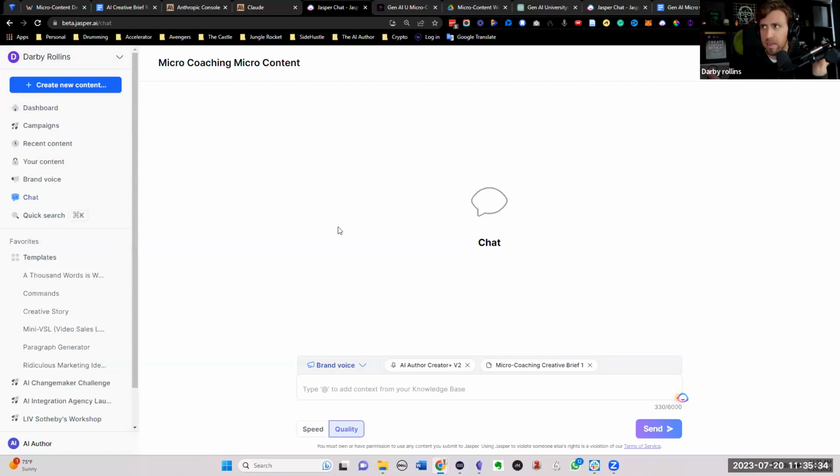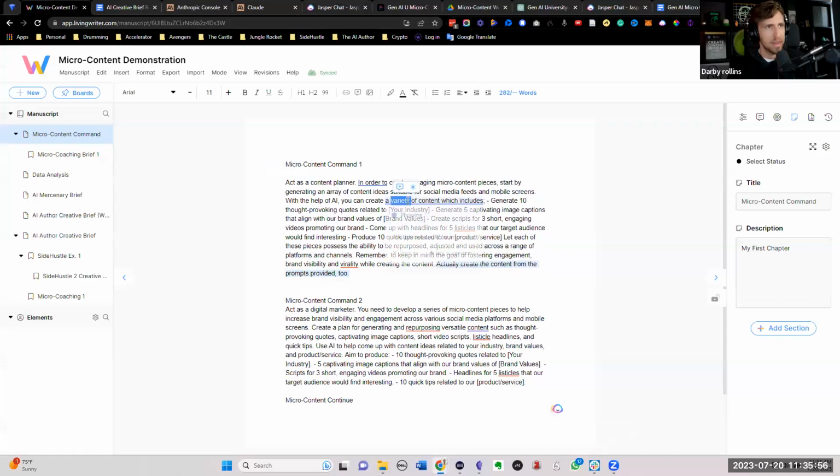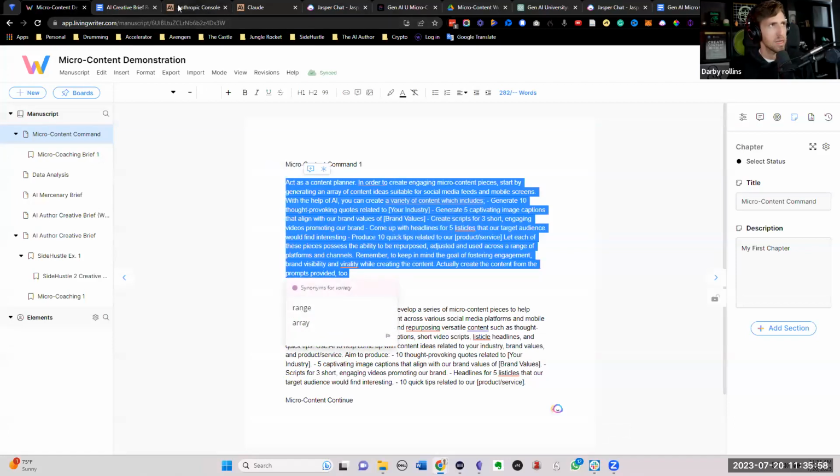But again, bringing back the focus of what we're working on for this demonstration, it's micro content. We want micro content. We want it easy to consume. And how do we do that? Well, now it's time to prompt the AI to help us come up with some of this content. Of course, I could ask it to come up with specifics on the micro content side, but I've already got an AI command that I've developed with Kelly before this call that is going to work great for me